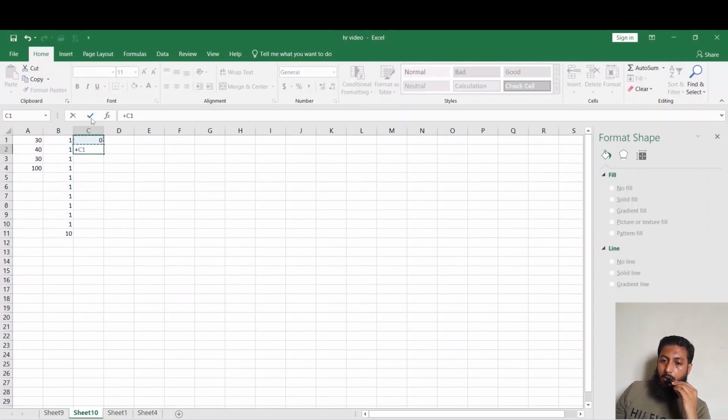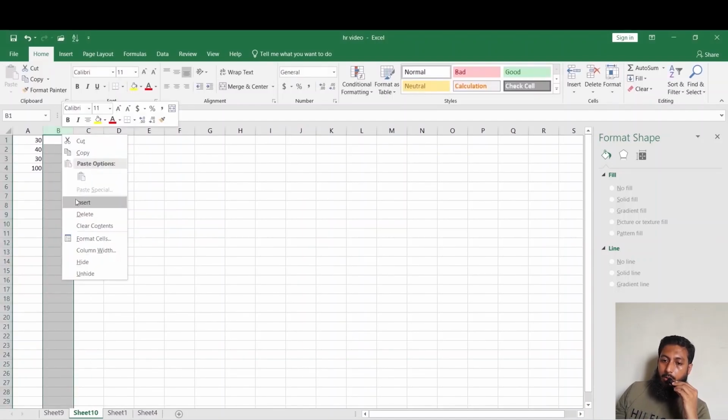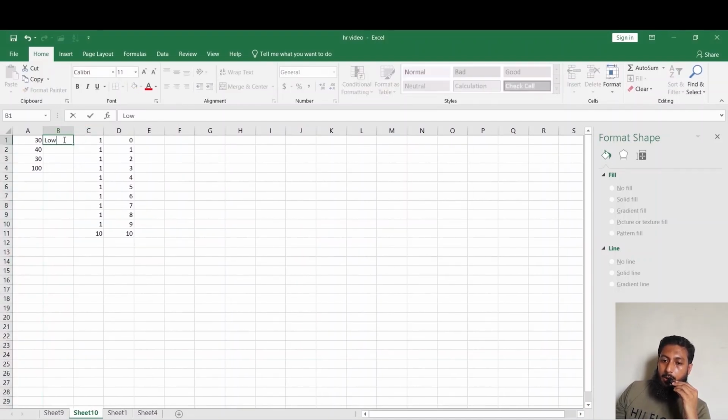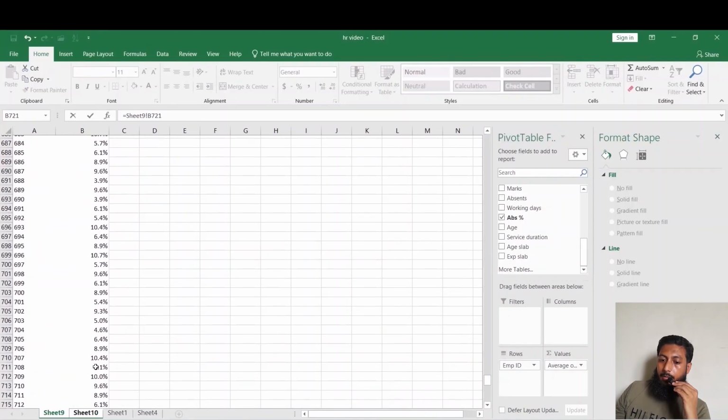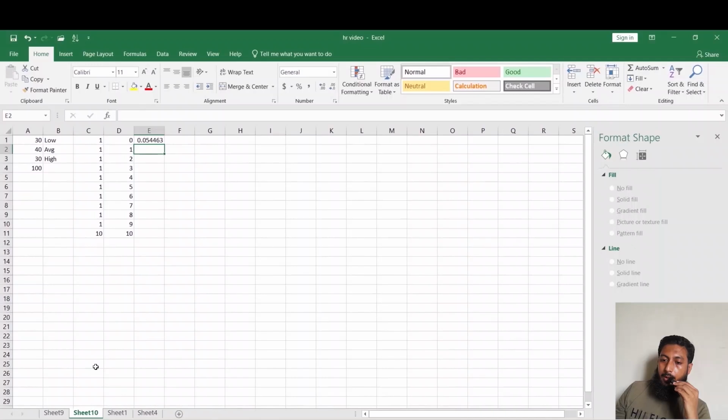And in column C, we want to create the values that we want to see on our absent percentage chart, and also type the low, average and high percentage as per your requirement. Now link this cell with the total of the pivot table. Click type 1% and type the formula accordingly